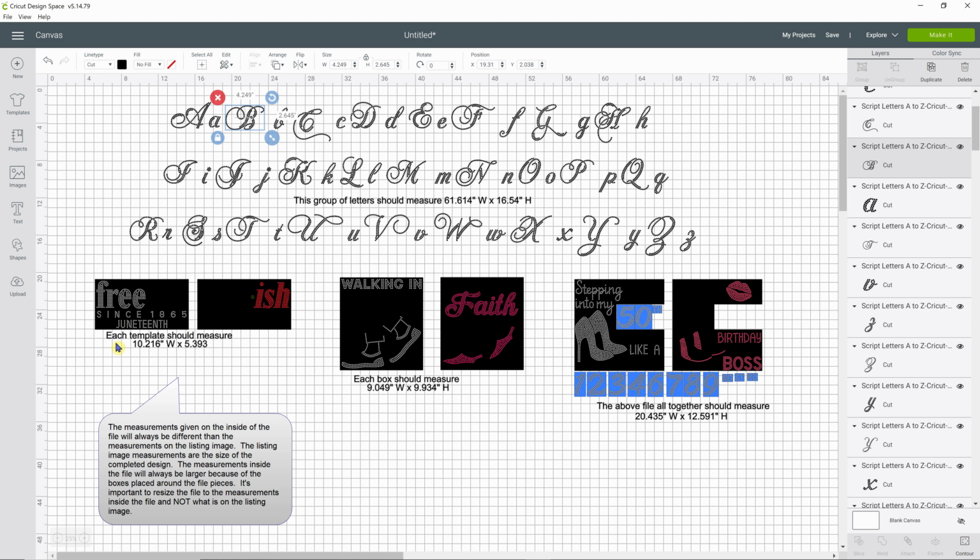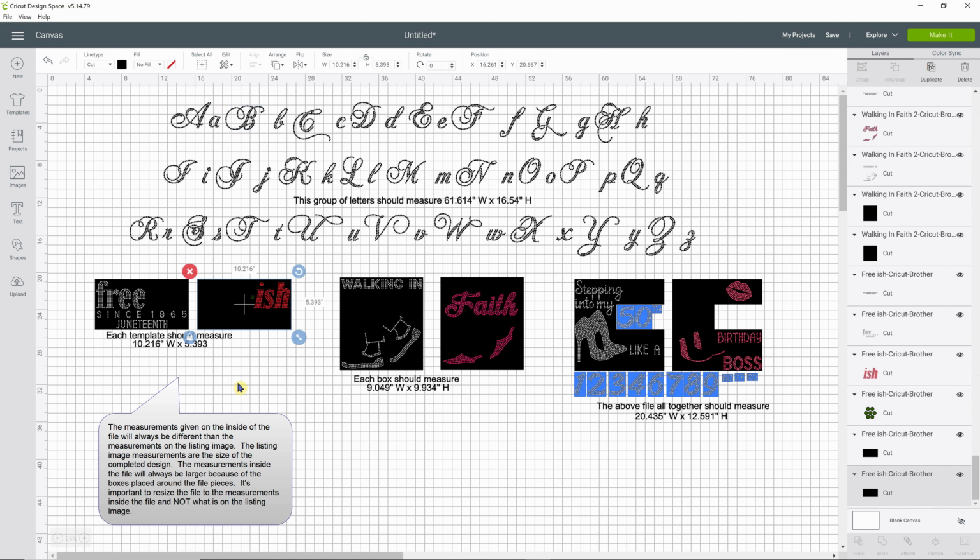So instead of giving you 2 different measurements, I'm going to give you one, because each black box is the same size. Okay, so what you're going to do is click on just the box to find out what the size of the box is. Now we have to be careful, because when you click on what you think is the box, like in this piece where I clicked on the black area, if you look over on your right side,